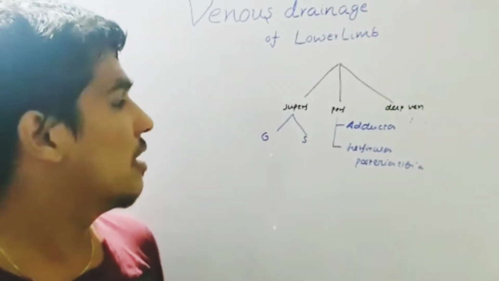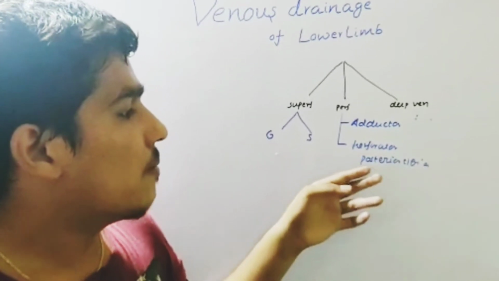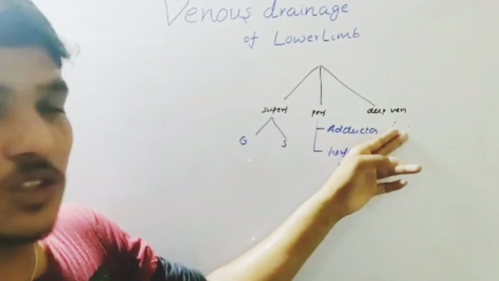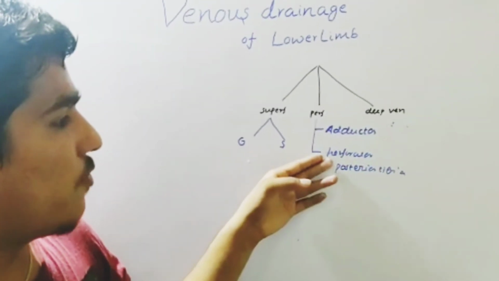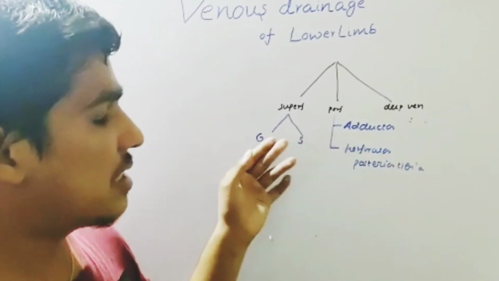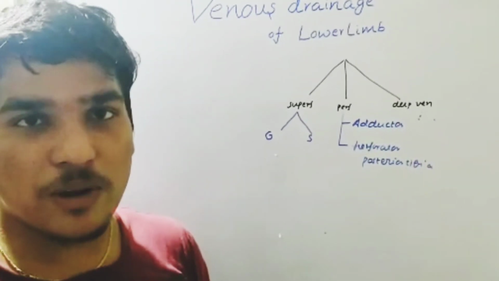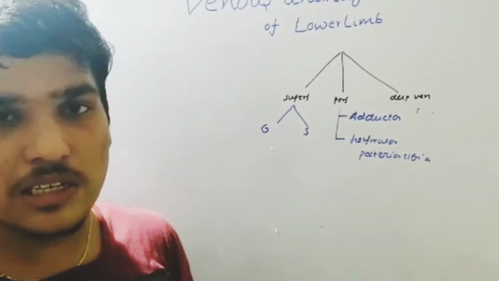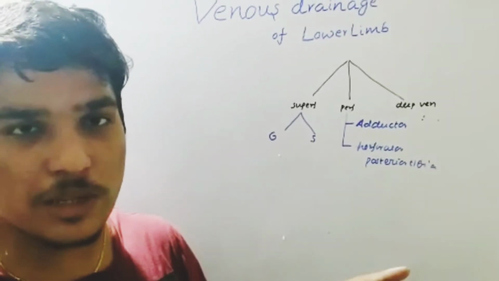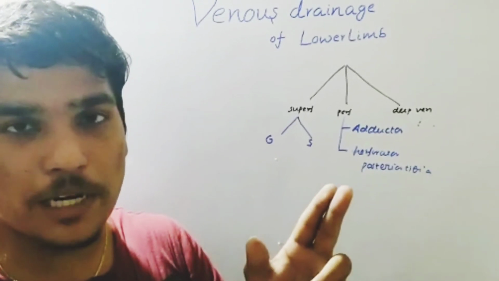posterior region of knee. And the perforators are two: adductor perforator and a perforator of a knee. The adductor perforator is going to connect the greater saphenous vein with the femoral vein, and the perforator of a knee is going to connect the posterior tibial vein with the greater saphenous vein. And the deep venous system consists of, from the dorsal venous arc, the medial side giving anterior tibial vein. From the plantar venous arc, the medial side is giving the posterior tibial vein. These two veins are going to form the popliteal vein.